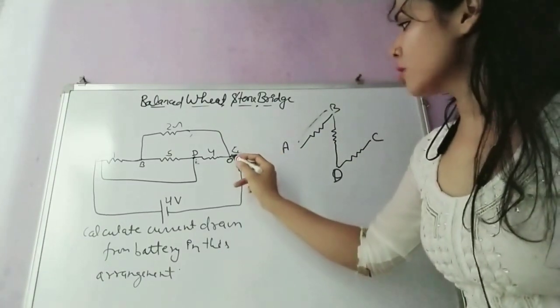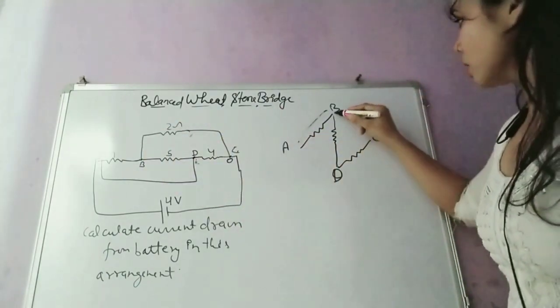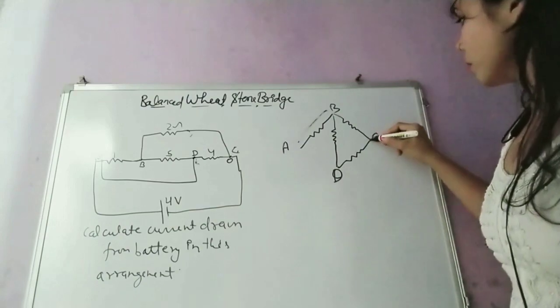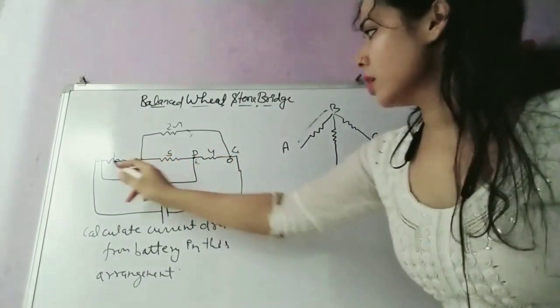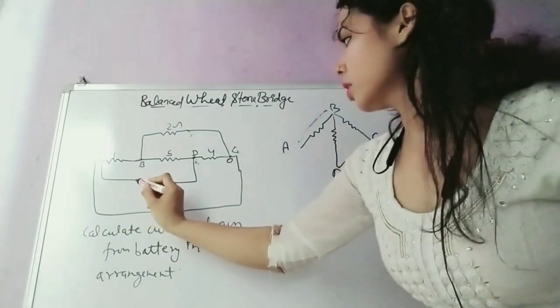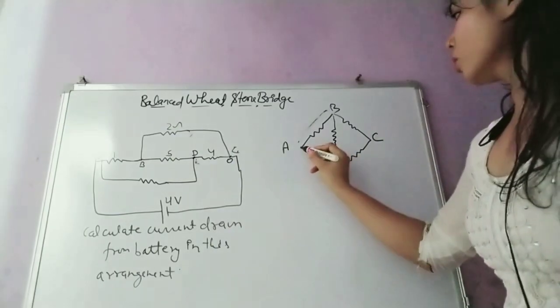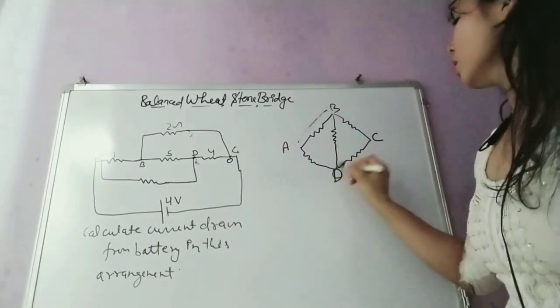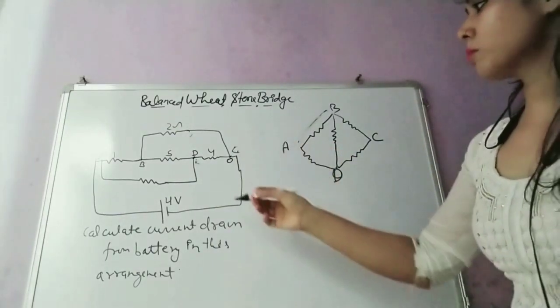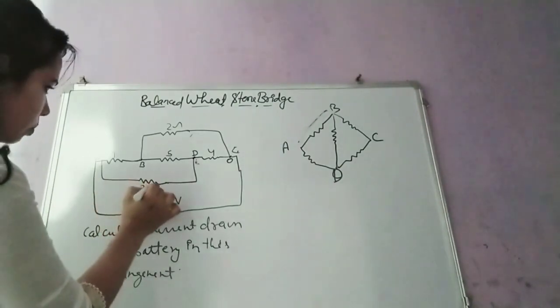Okay, and the last one is between C and B. Another one is between A and D. Here also we have one resistance I have drawn. So between A and D is also one resistance. Now you can solve it. You can substitute the value of this resistor. I'll see in the book. That is 2 ohm. It's 2 ohm.